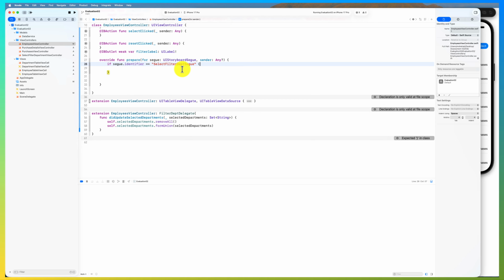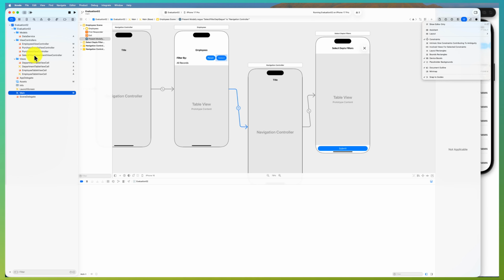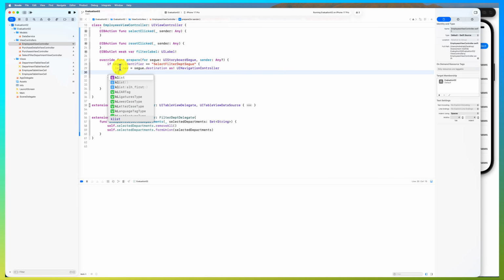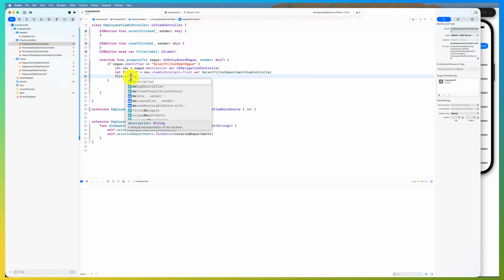Then because it's a navigation, see here, it navigates. So this is going from here to here. So we need the navigation controller first, right? So basically we go back again to the code, employees. So basically we have, okay, let navigation equal to segue destination, and then let the filter as that, and then filter dot, no, this one we need to send it the delegate. So basically we know filter dot delegate